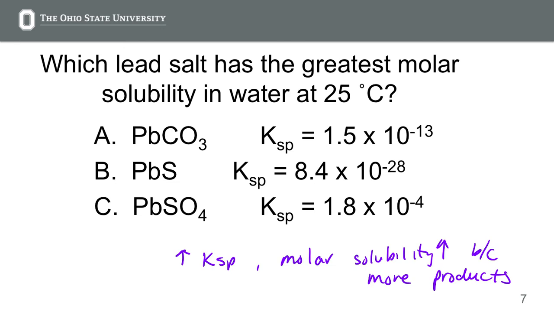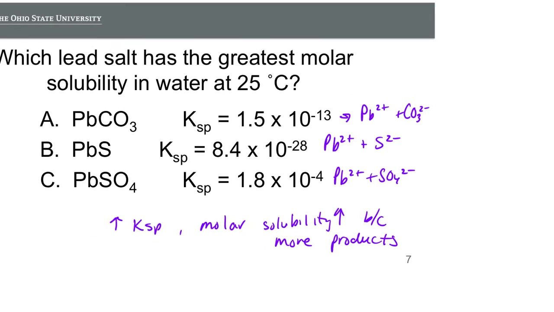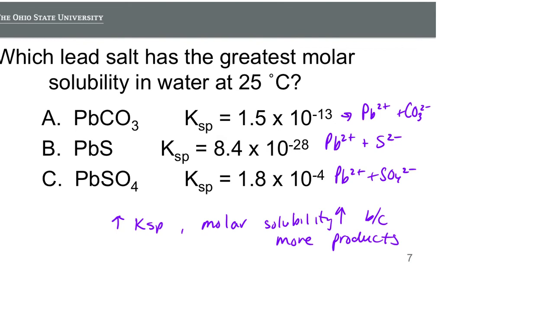But there's something else to keep an eye on, because each one of these lead salts dissociates into two ions, right? So we're going to have two particles. We're going to have lead plus carbonate, lead plus sulfide, and lead plus sulfate. When you write the KSPs for each of these in terms of X, their KSP is going to be equal to X squared in each case, right? If you think about going from the ICE table to writing the KSP expression, everyone make that leap? Okay. If not, take a look. Because all of those KSP expressions are the same, we can very easily compare our KSP values. But